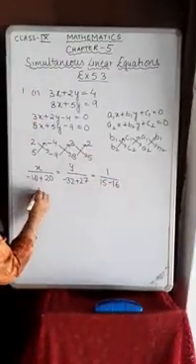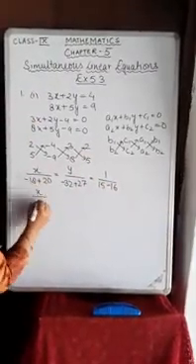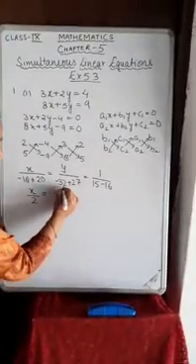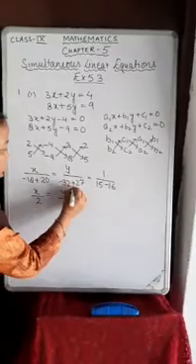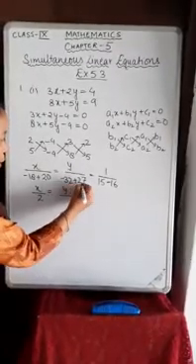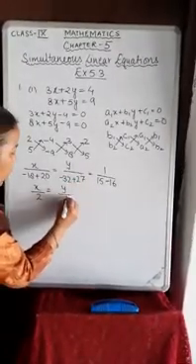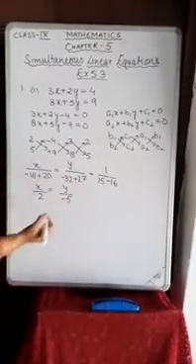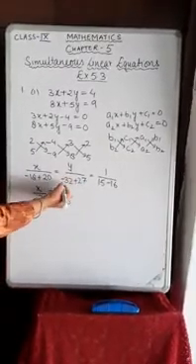If we solve it, we get x upon 20 minus 18, which is 2, equals y upon minus 32 plus 27. Minus plus is minus. So 32 minus 27 is 5 with a negative sign. We always take the sign of the greater number. So 32 is greater than 27, so we'll take the sign of 32.